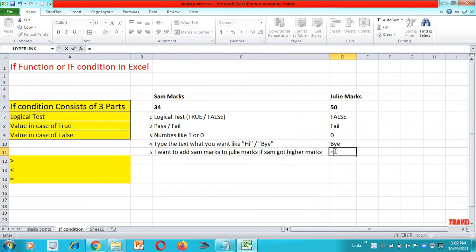So let's see how we can do that. Put the IF condition, logical test: if this is greater than this, then this plus this, or else, what do you want to type? Simply Sam's marks.